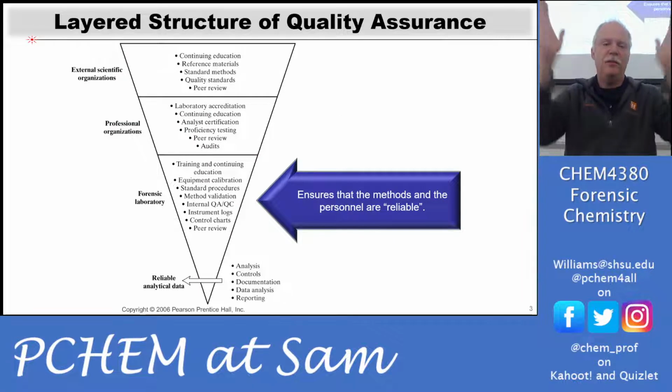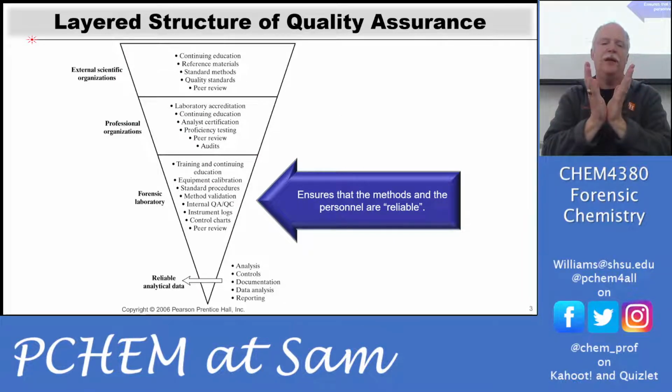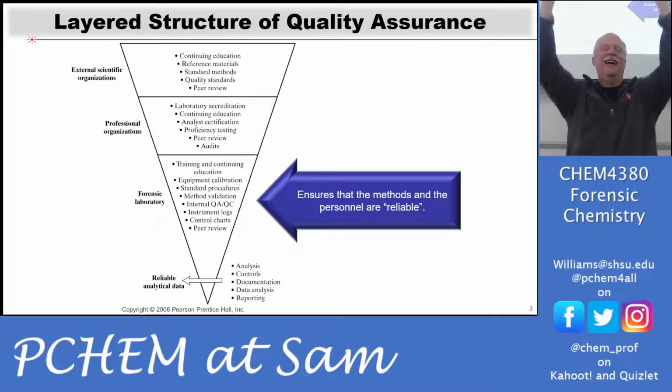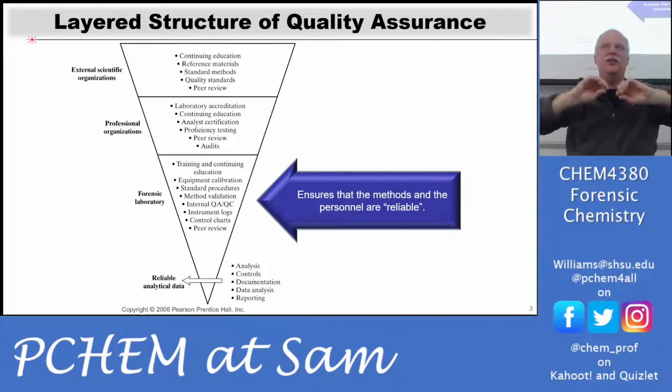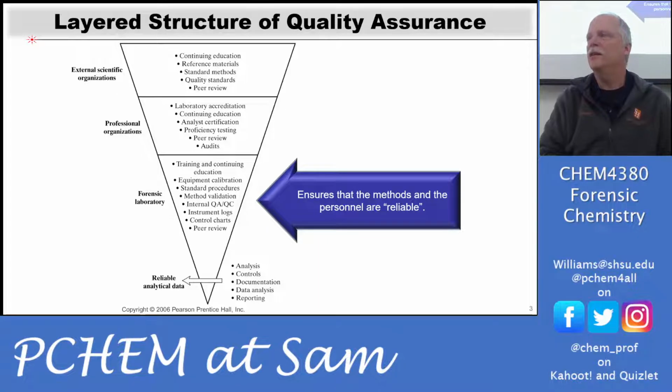There's this huge pyramid. It's kind of like an inverted pyramid, and you're at the bottom. All of these organizations and agencies and structures are built to kind of ensure that your job is reliably done. Okay, so it's quite a bit of pressure. You can't just make changes on the fly at the bench. I mean, you have some freedom, but not a lot of freedom to change things at the bench.